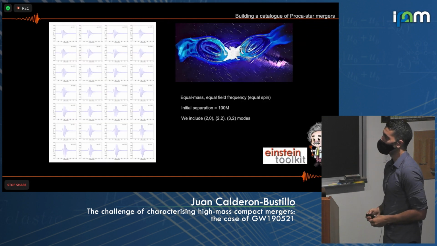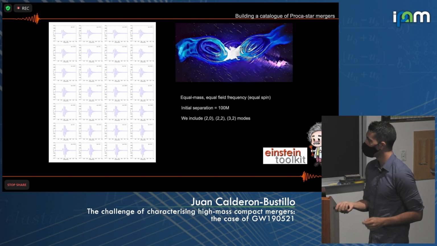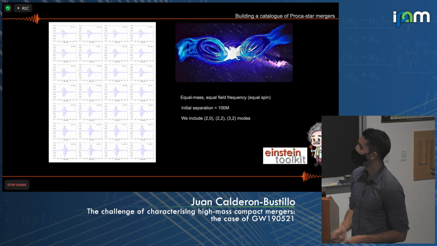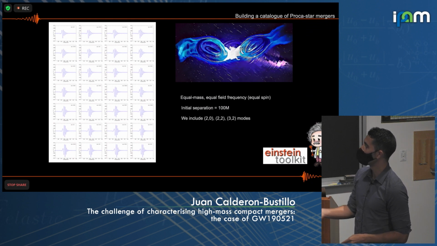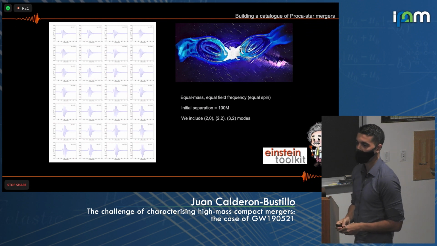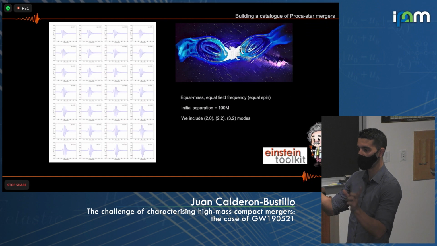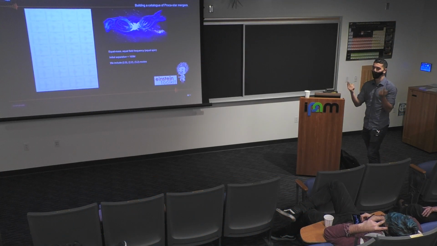So you can simulate these mergers with numerical relativity. Nico Sanchez in Aveiro did it using the Einstein Toolkit. And these are the properties of the initial set we use. We're attaching to equal mass mergers in which we just vary the oscillation frequencies of the two fields, or what's the same, we're varying the spins.